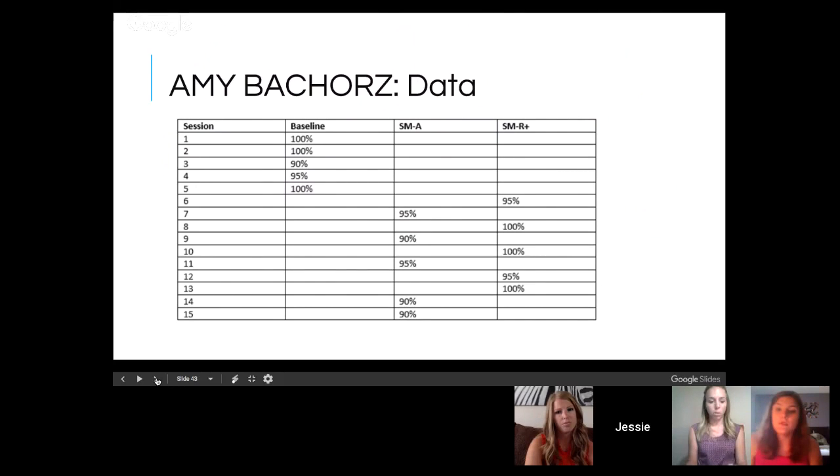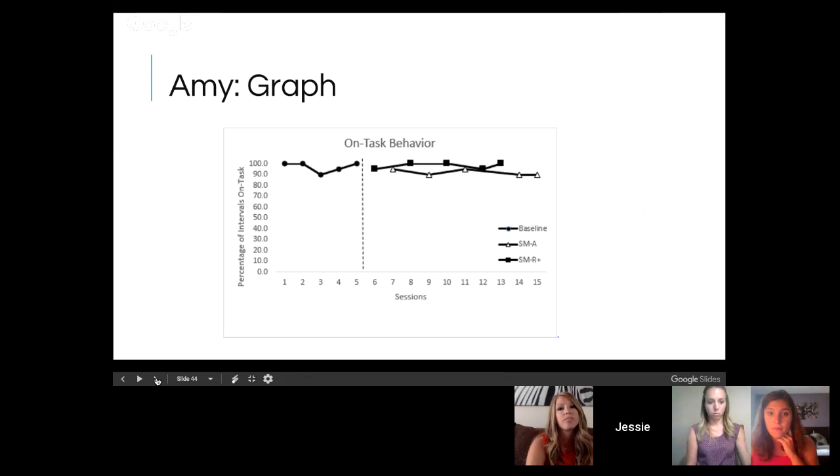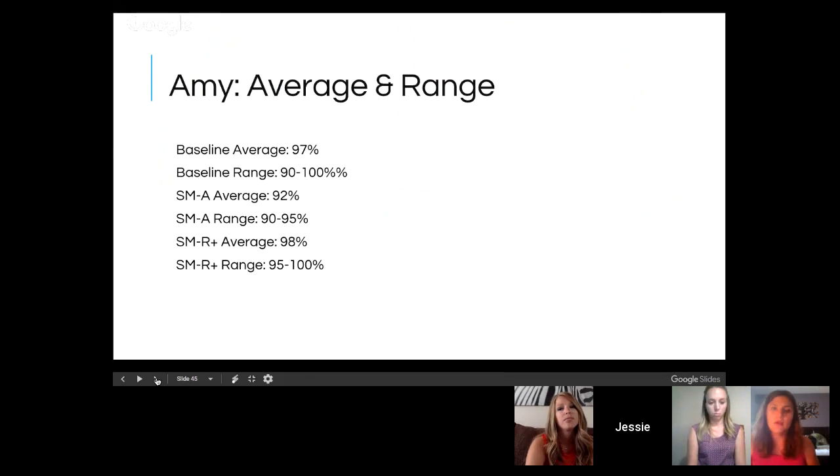Okay, so to start with mine, I think it might be easier to go to the graph with the accuracy range. Can you go to the next slide? Okay, so